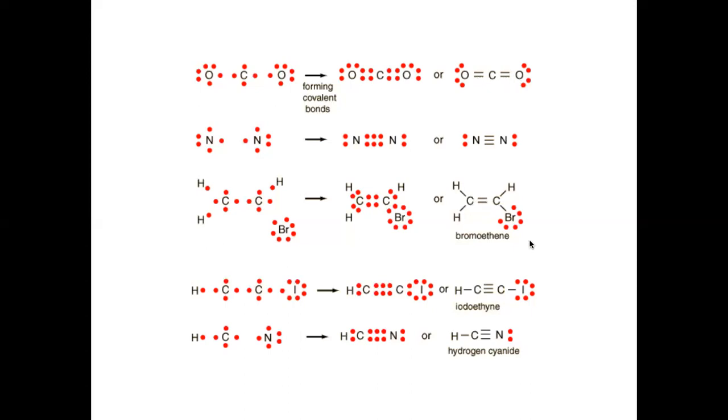So take some time to go through each of these examples. You'll see that you can form double bonds and triple bonds, excuse me. When you have triple bonds, that means you're sharing 3 pairs, or 6 electrons: 1, 2, 3, 4, 5, 6. Because 2 electrons make 1 bond, you're going to form a triple bond in between these